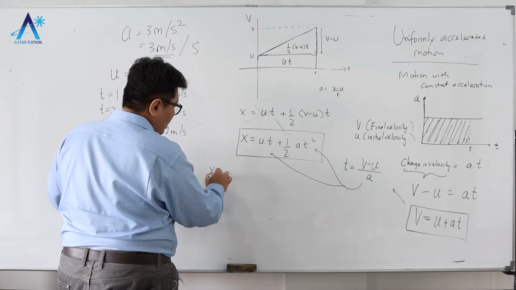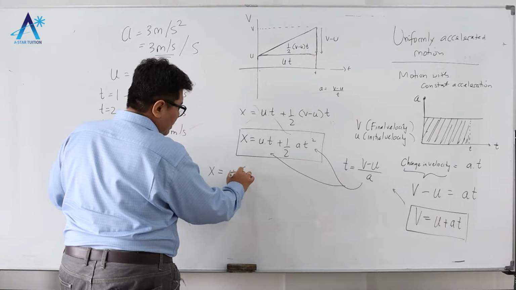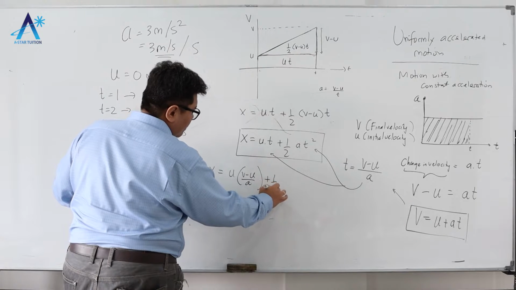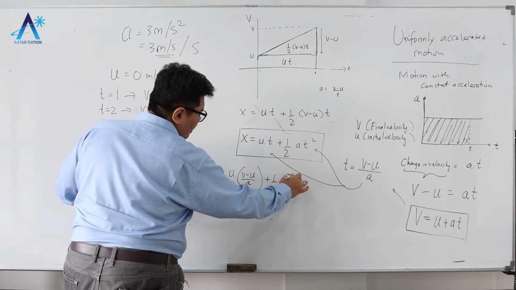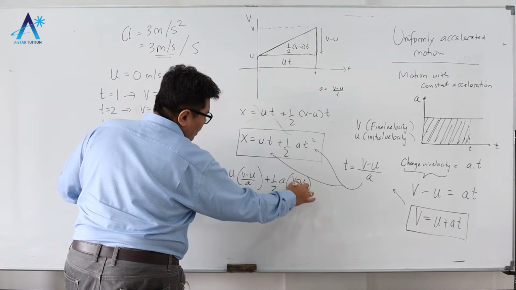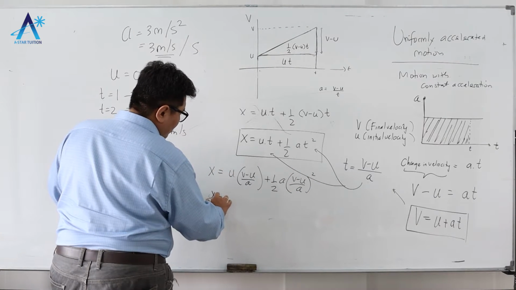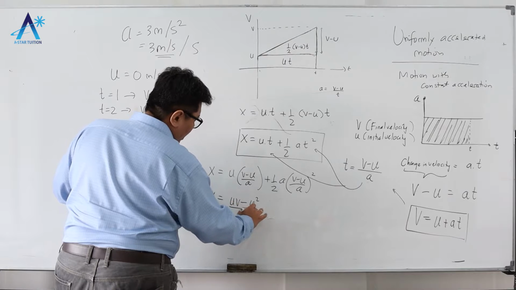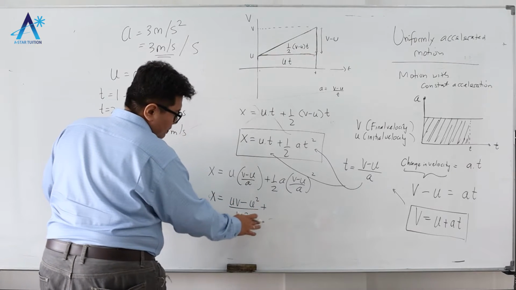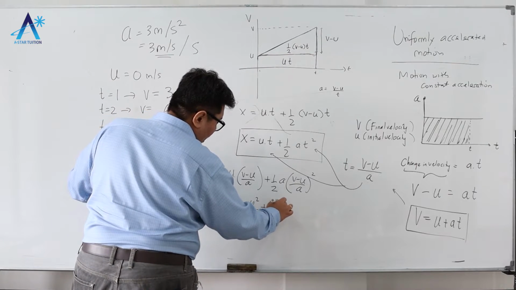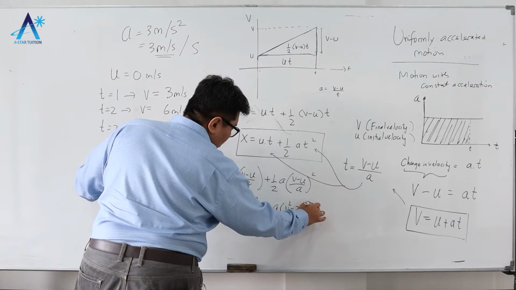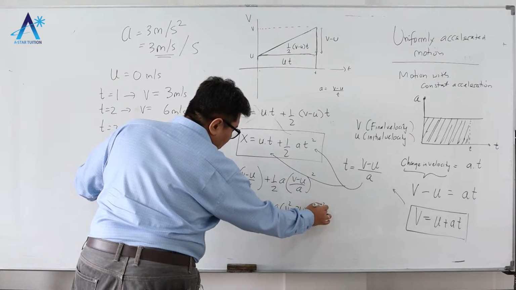So x would be u times phi minus u over a plus half a times phi minus u over a squared. So x becomes u phi minus u square over a plus a times phi square minus 2u phi plus u square divided